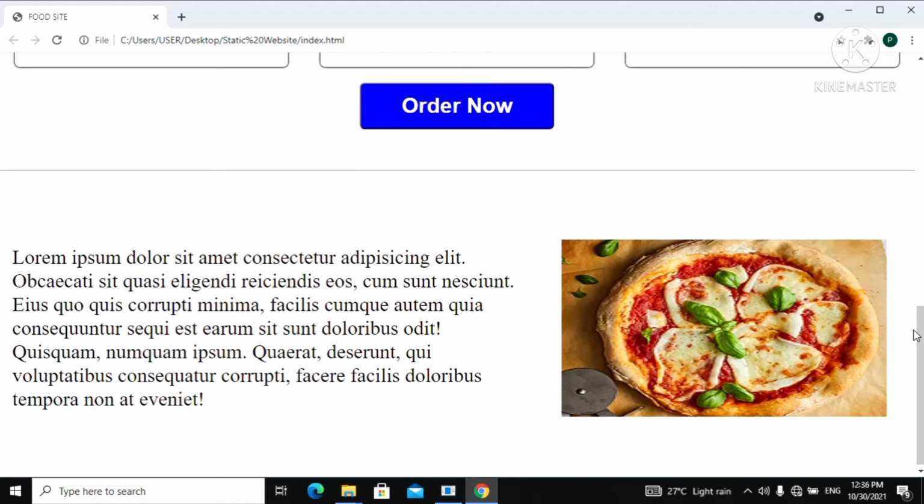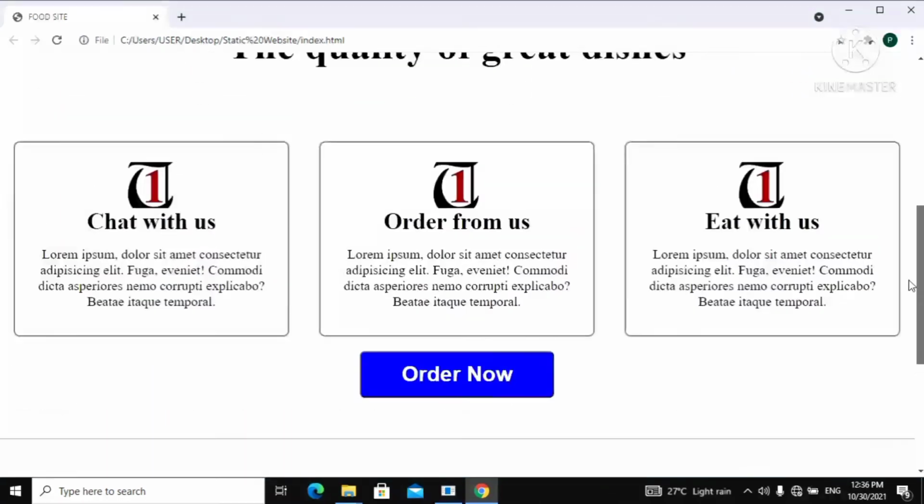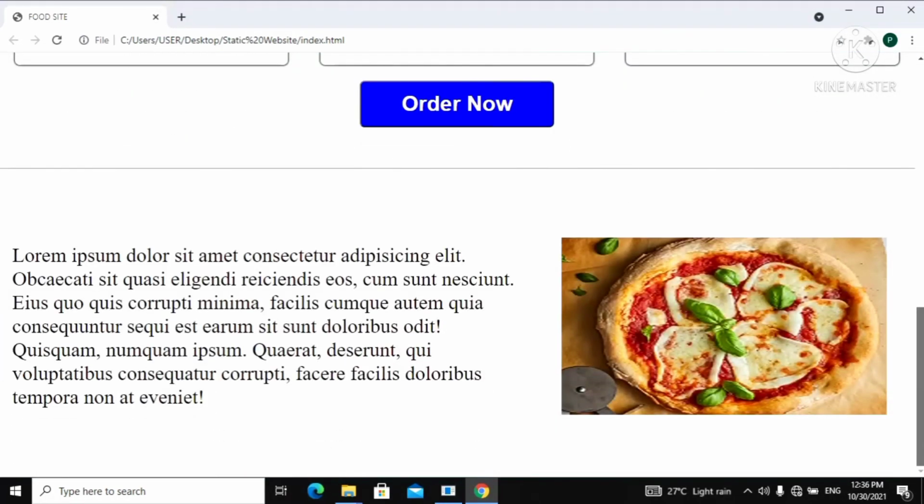Okay, so the next thing we need to do here is make this section mobile responsive, just like all other sections. So in the next video, we are going to be making this section mobile responsive. So I'll see you guys in the next